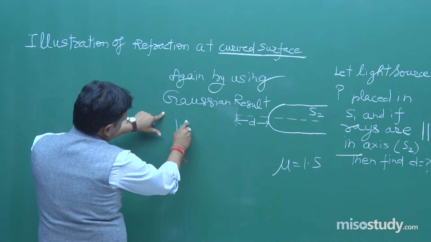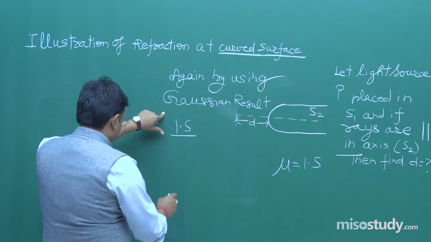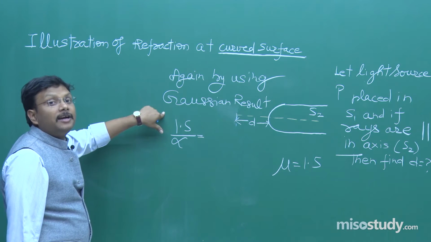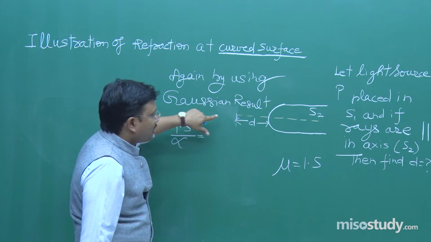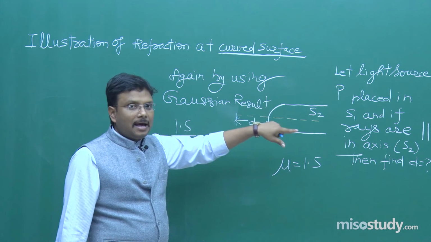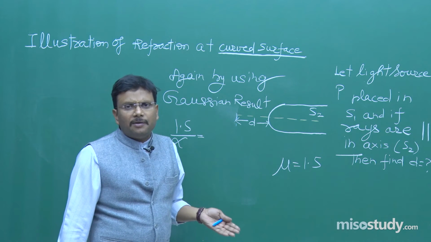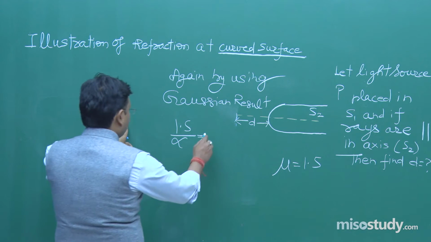You can say 1.5, the refractive index, upon infinity, because this image is going to form at infinity. The reason being, all these rays are parallel to the axis. These rays, parallel with the principal axis, will form the image at infinity. Fine. Minus